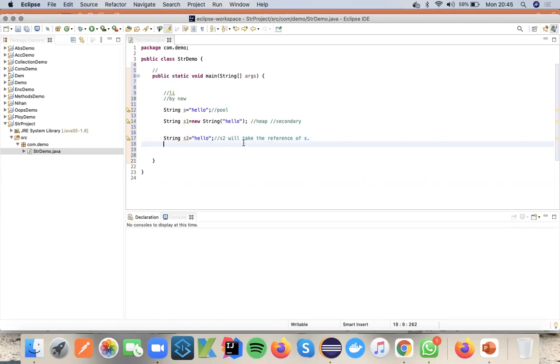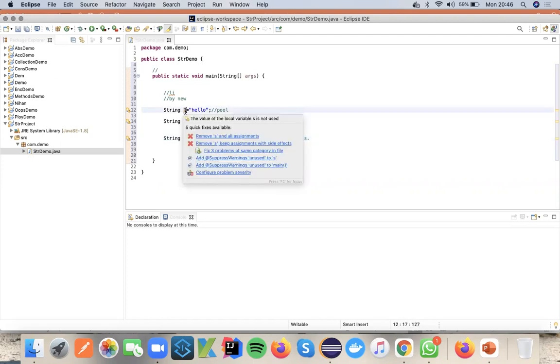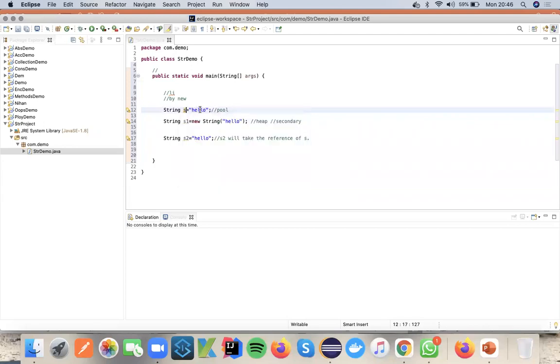One time you declare it, and wherever else you use it, you need not create memory space. It will use the reference of s, which is hello. So now you can understand we are saving memory when we declare in the literal approach.